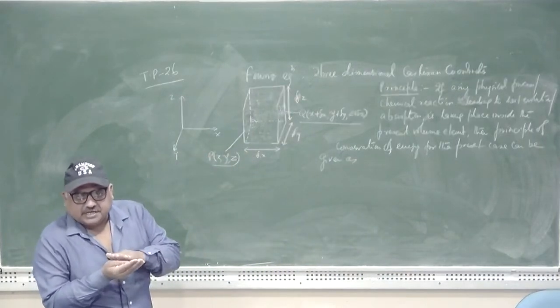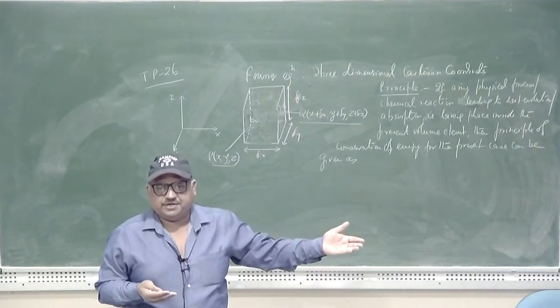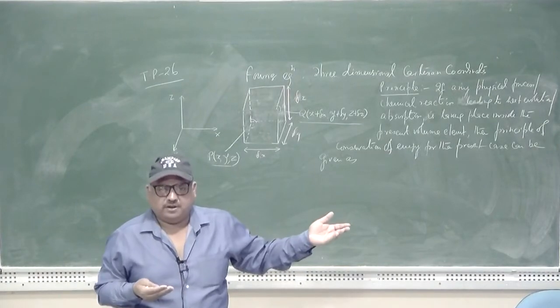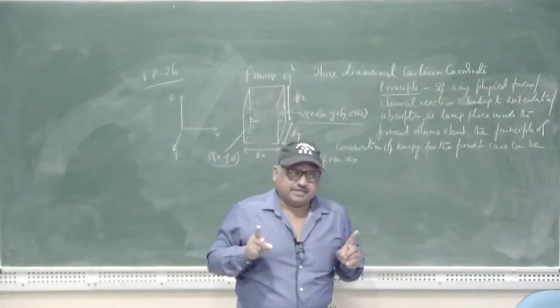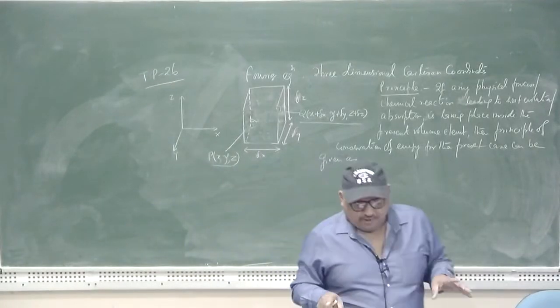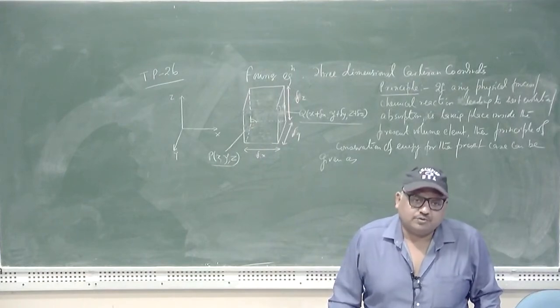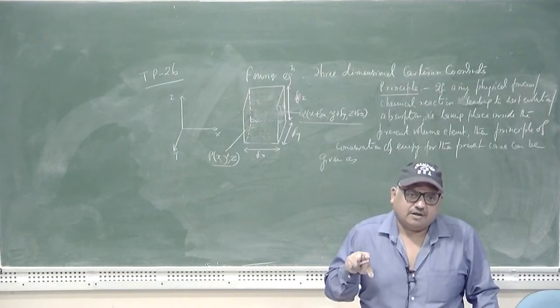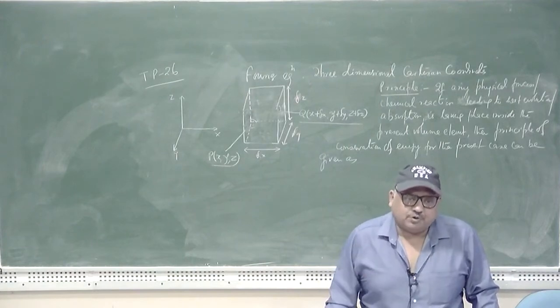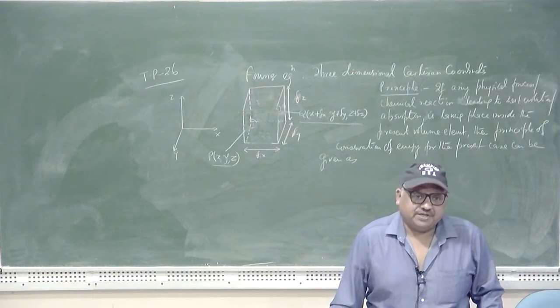Rate of heat energy flowing into the volume element minus rate of heat energy flowing out from the volume element should be equal to the rate of change of heat energy in the volume element minus the heat energy produced due to reaction per unit time. So, this is the basic principle on which this Fourier law heat conduction equation is based.